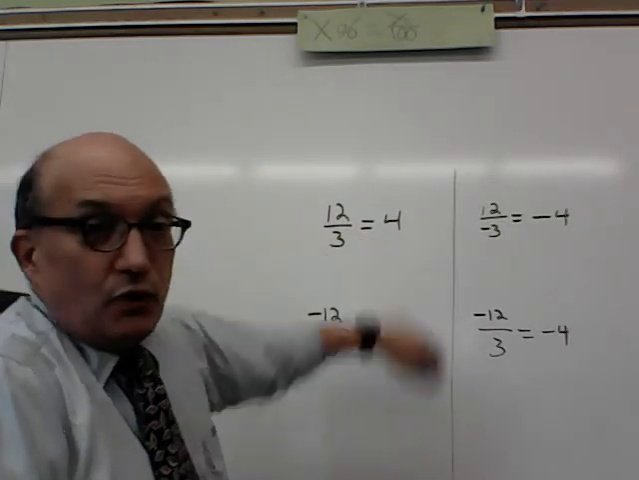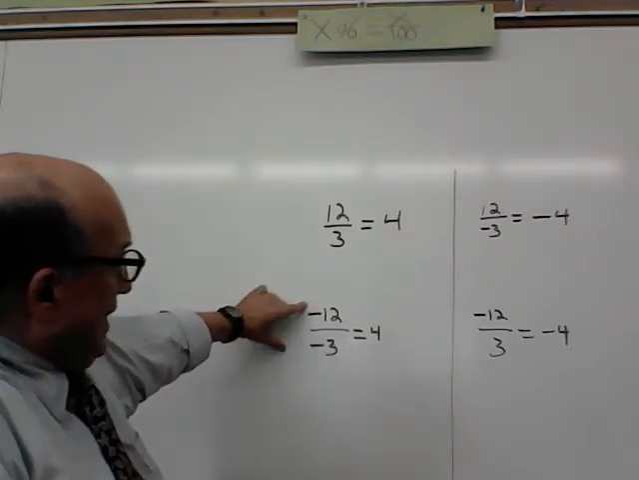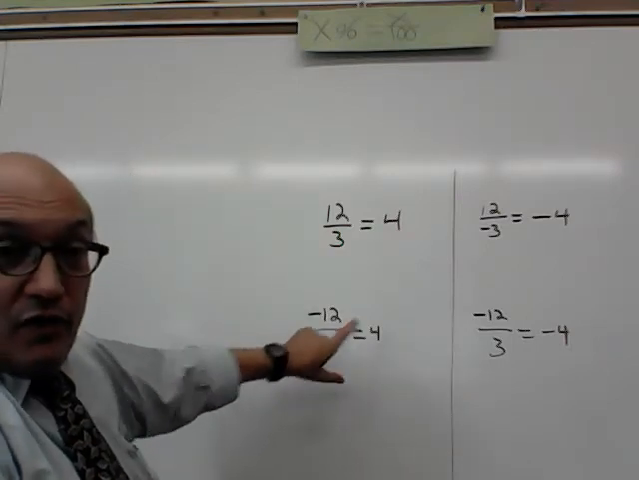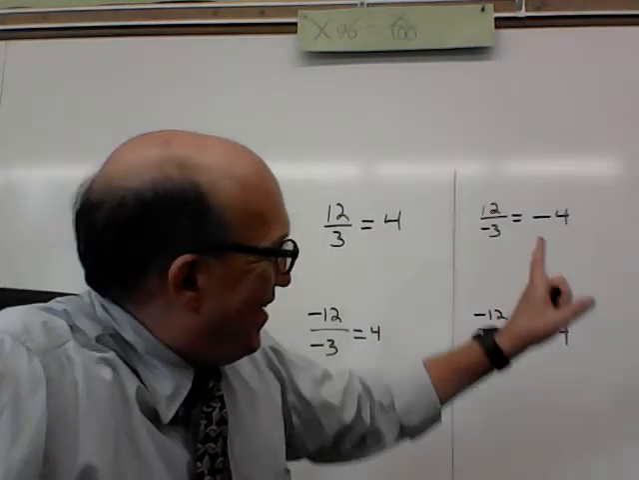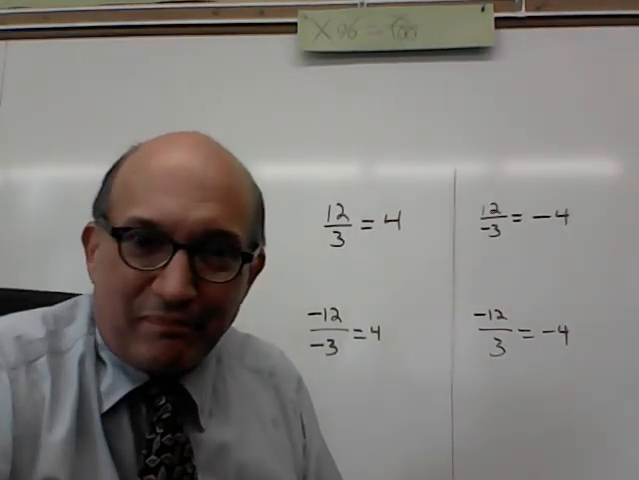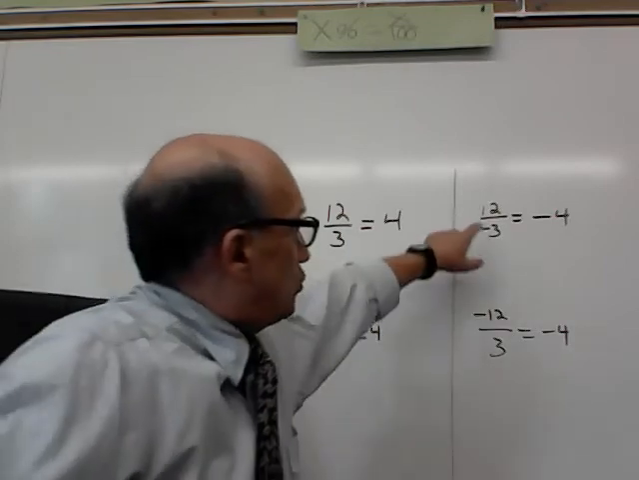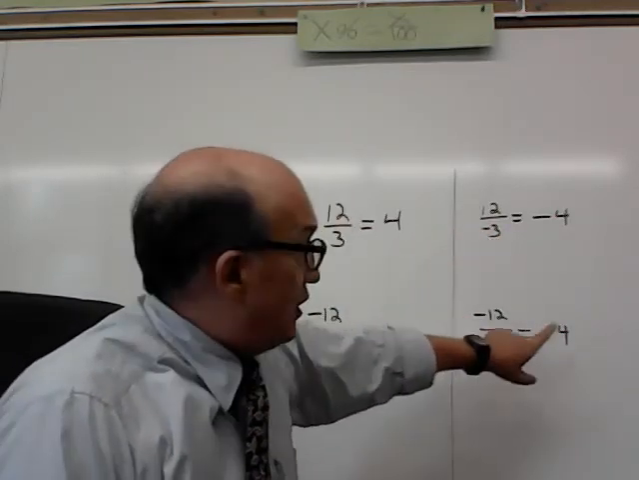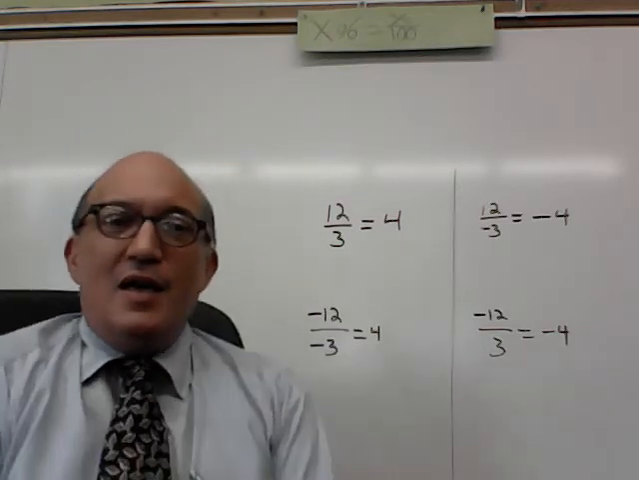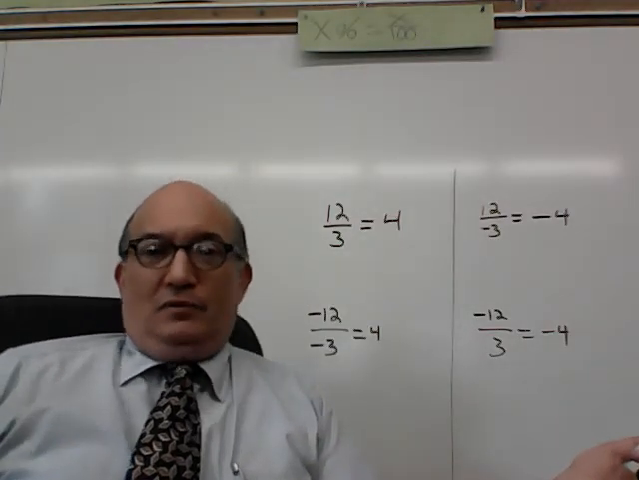12 divided by 3 is, of course, 4, but so is -12 divided by -3. That is also 4. Over on the other side, the signs are different. 12 divided by -3 is -4. So is -12 divided by 3, also -4. So I could close it there. But